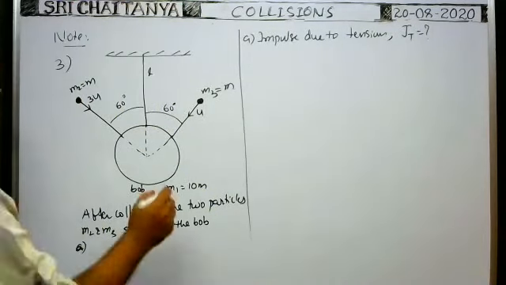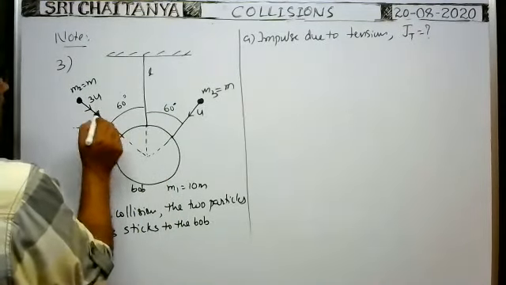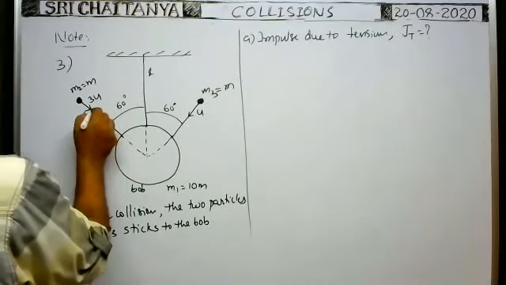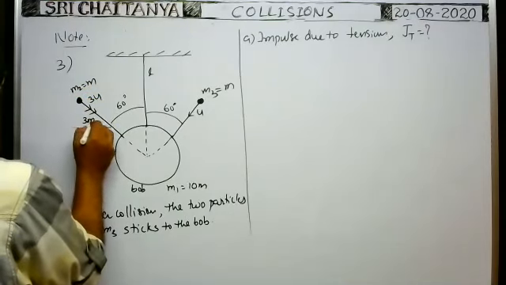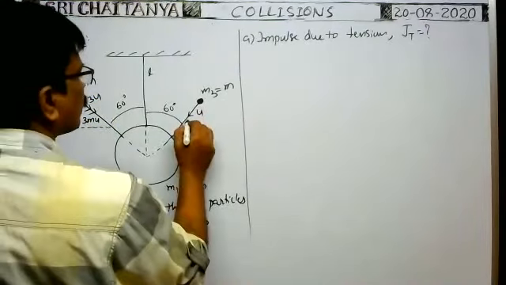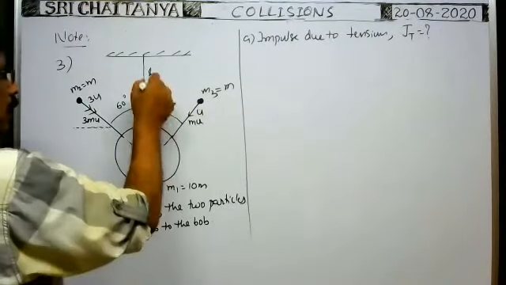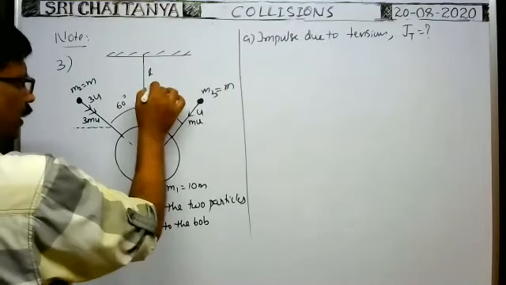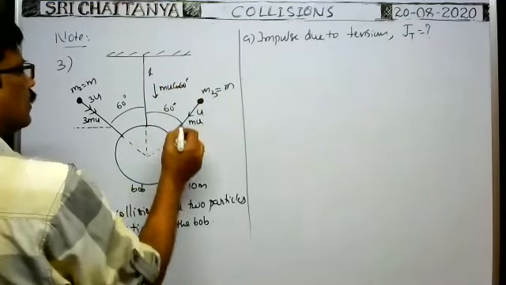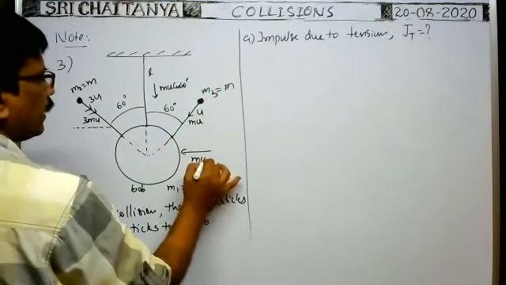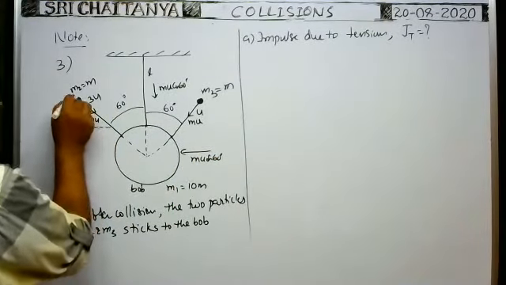Here you see, you resolve this velocity into two components before collision. Of course, momentum of this particle in this direction is equal to 3m into 3u. That means 3mu we can write now. Momentum of this particle in this direction is equal to m into u now. Then what about the component of this momentum along vertically downwards direction? In this direction, mu cos 60. Mu cos 60 in this direction. In this direction, mu sin 60. For this particle, in this direction, momentum is in this direction.